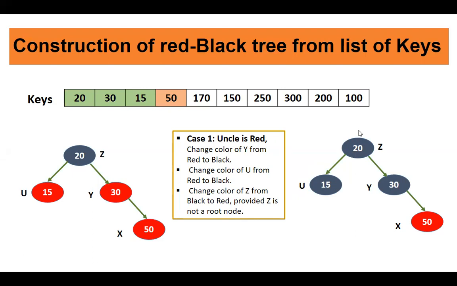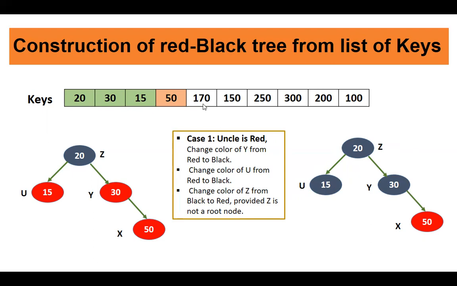Now, another thing you need to keep on checking whenever you're creating red black trees is the black height, right? Black height of the red black tree. What black height says is that the number of black nodes on each path should be the same. Now here we have one, on this path also we have one black node. So black height is also maintained. Right? Now the tree is balanced.